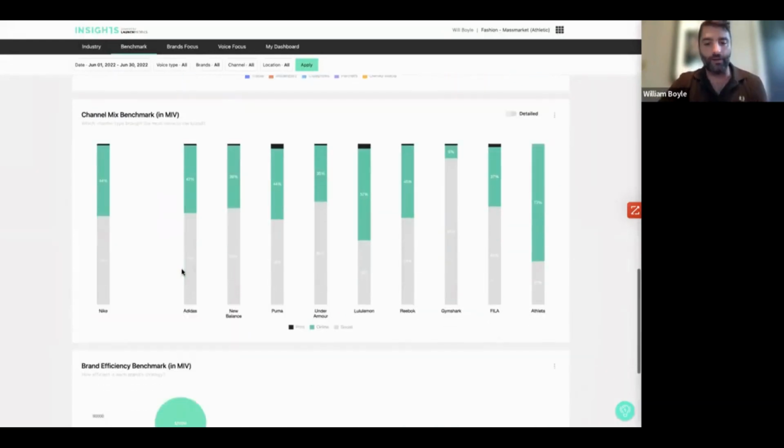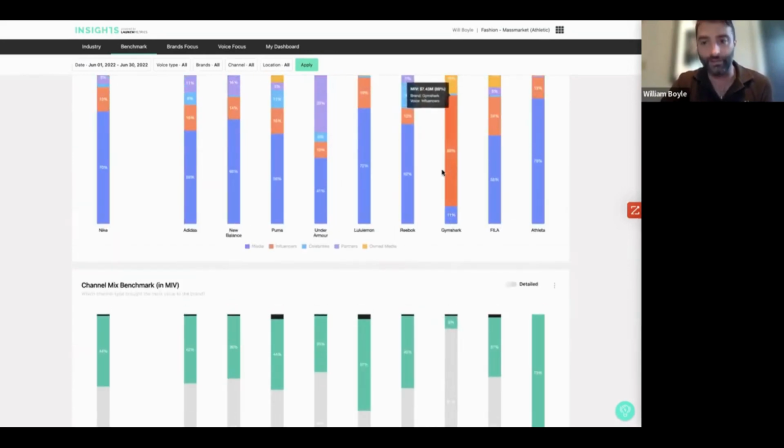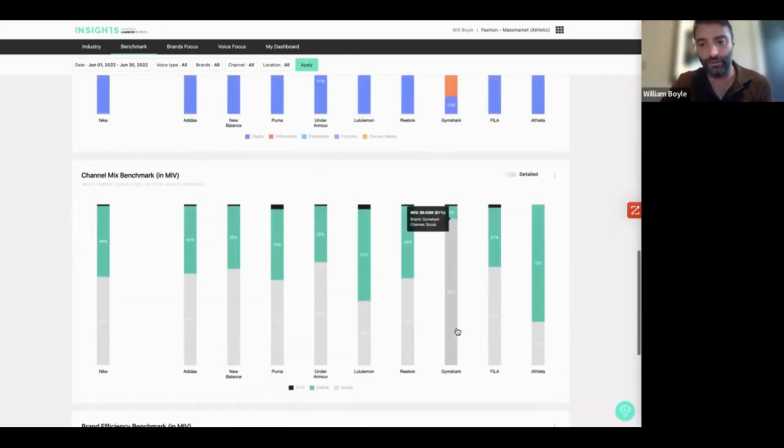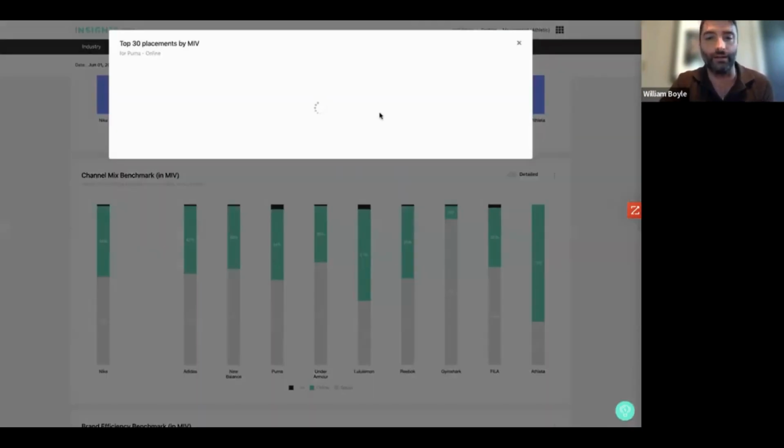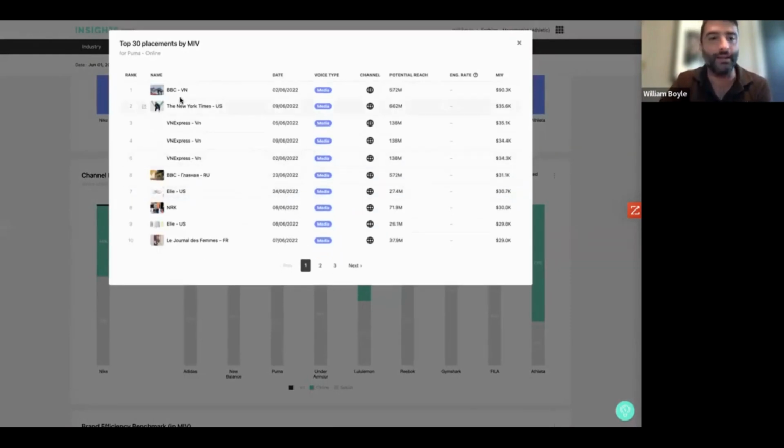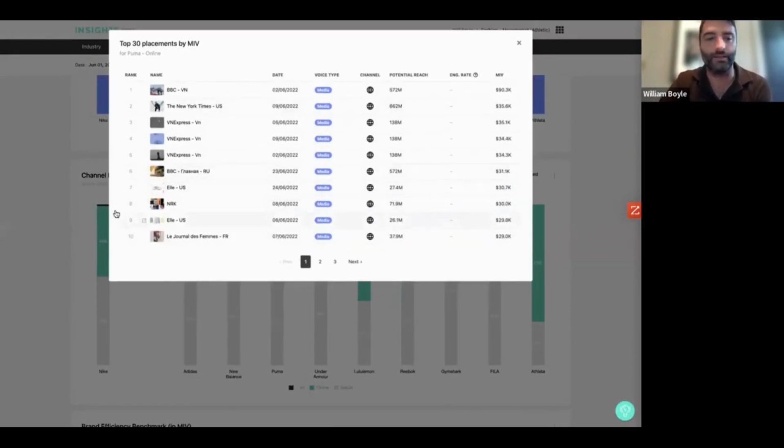Okay, so bringing it along further, the same idea, but looking at print, online, and social, right? So understanding where the value is coming from, across which channel are we seeing the most value being driven. Social, not surprisingly, we saw influencers really heavy here. So social is their strongest. Whereas a brand like Puma, really strong across online channels. So I can click through there and see which channels, which websites are really driving value for Puma.